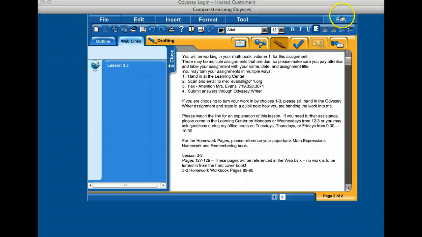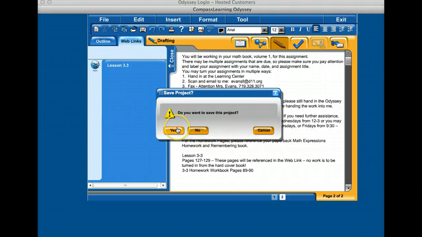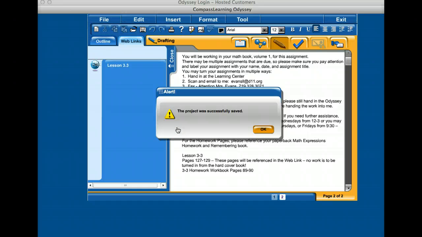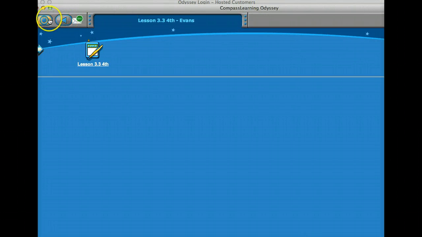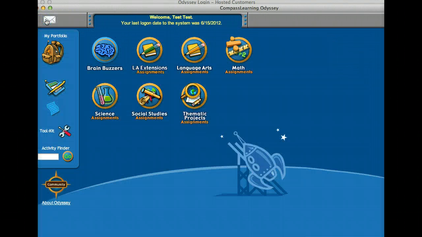So let's see. We're going to want to exit. Okay, whenever in doubt, you want to save your assignment. And we're going to go back to the Launchpad and talk about a few more features. All right, so far we've talked about